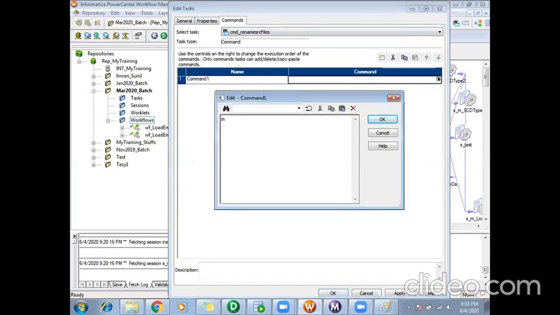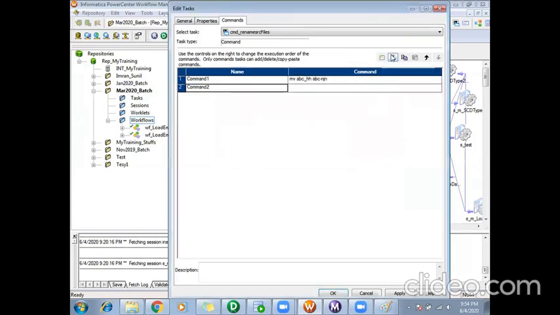Since you want to rename the file, you will use the command mv, move, that particular abc underscore file name, and then what you want to rename it to. If you have a single command, you can give that Unix command here. You can give as many commands as you want, and they will run in the same sequence, 1, 2, 3.